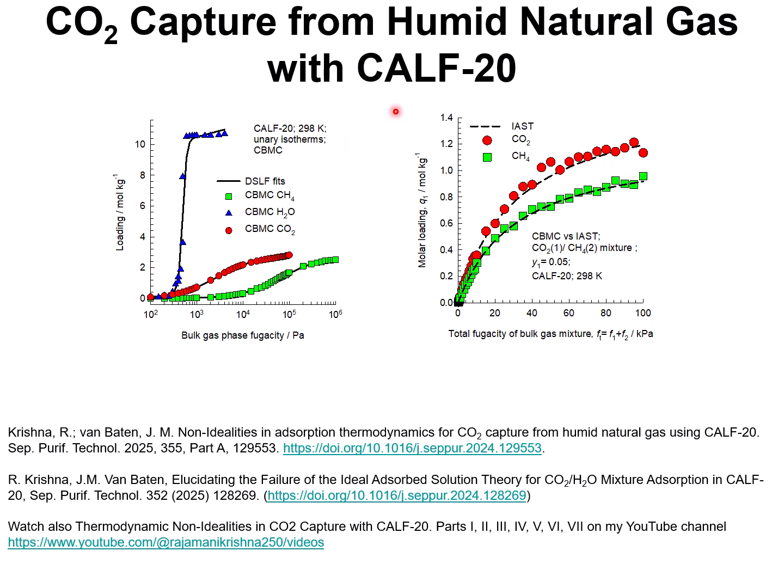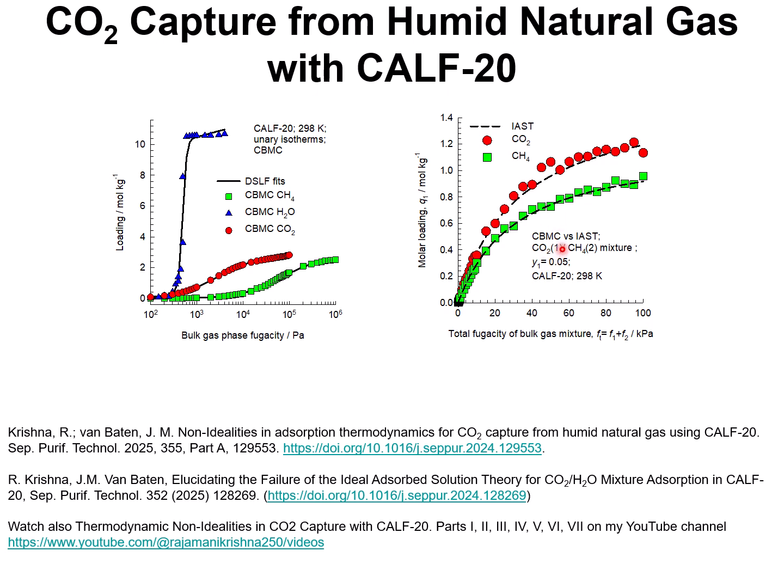Let's look at CO2 capture from humid natural gas. I show here configurational bias Monte Carlo simulations of the unitary isotherms for water, blue triangles, CO2, red circles, and methane, green squares. The mixture adsorption of CO2 and methane in CAF 20